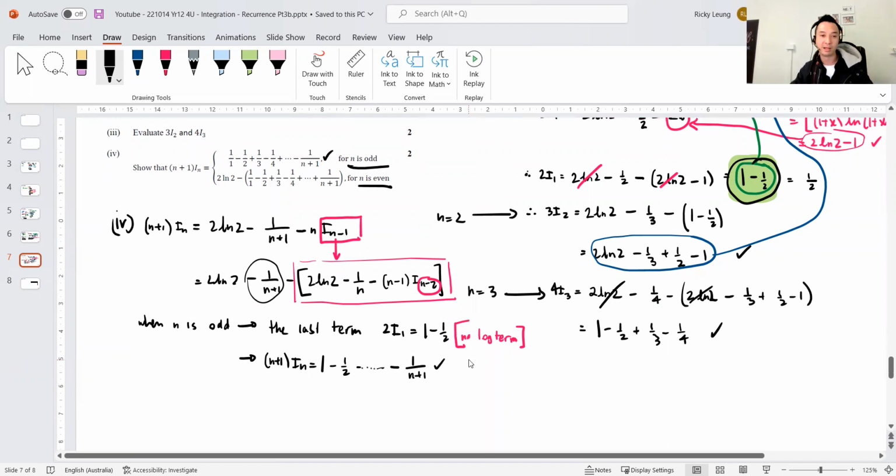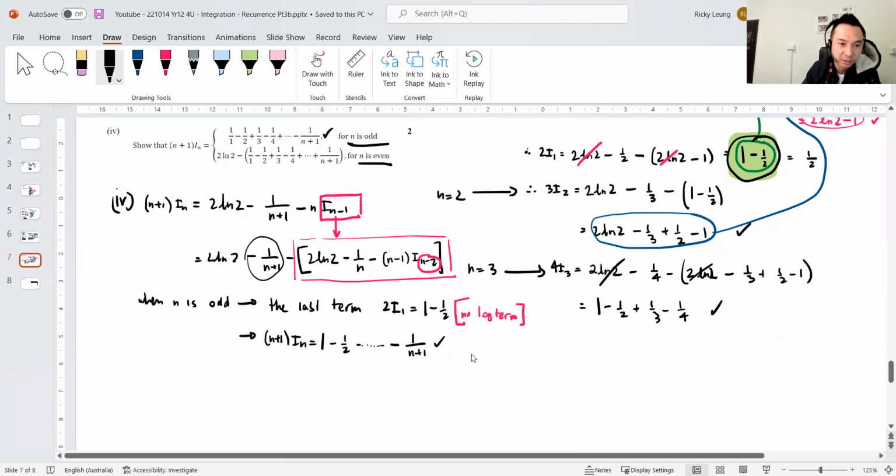Now, I'm hoping that the theory sticks when n is even. When n is even, the lowest number of this term here has to be 2. The last term is, when n is 2,